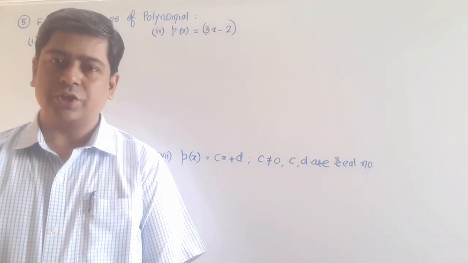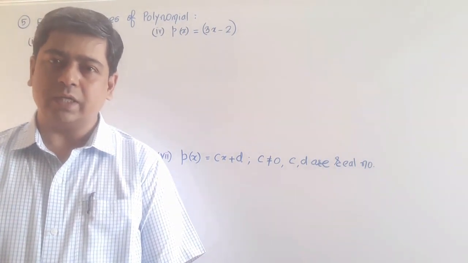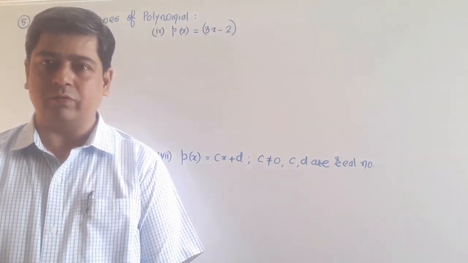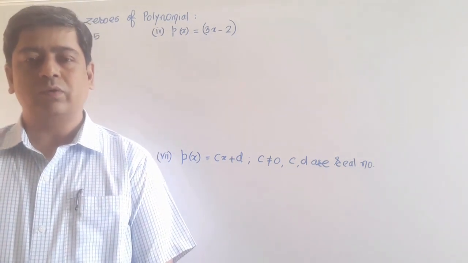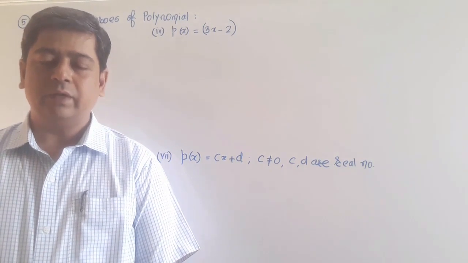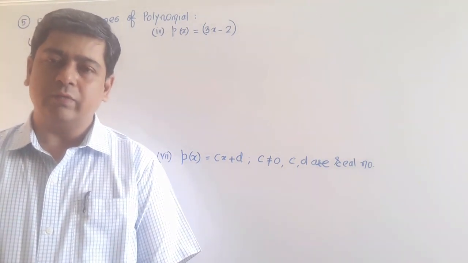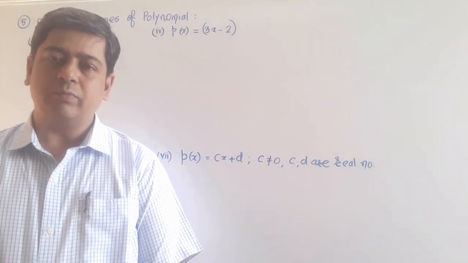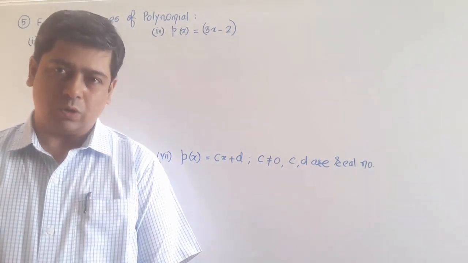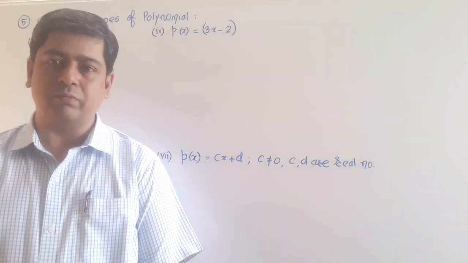So in the last session we have completed the questions from 1 to 4 and today we are starting the questions from question number 5 onwards. Okay, so in questions 1 to 4, which kind of questions mainly have we covered? In that we have seen the value of a polynomial and how to prove whether the given 0 is a 0 of the polynomial or not.